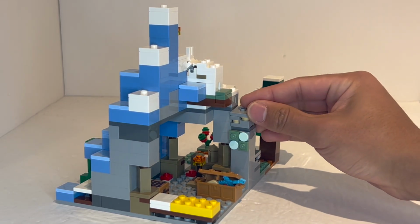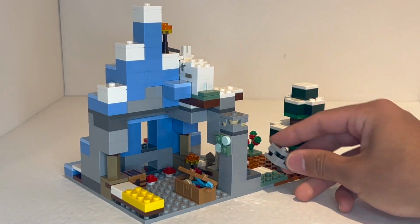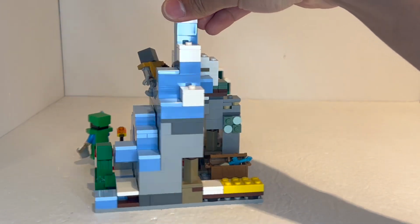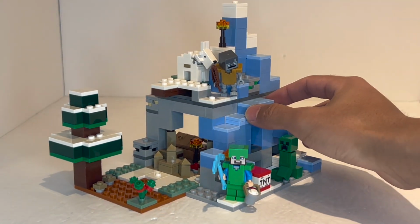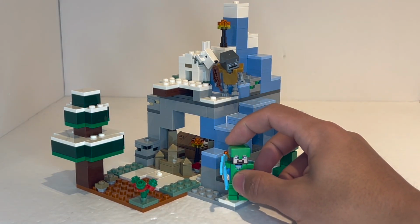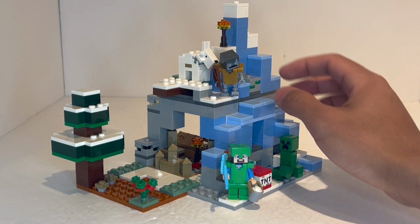And of course, like any other Minecraft set, you can just mine each of these individual blocks, which are just brick built the same exact way they were originally. Now this is an interesting set because for $35, I think the value is okay. Definitely feels like maybe 30 would have been a lot nicer, but honestly, I wasn't super interested in this set